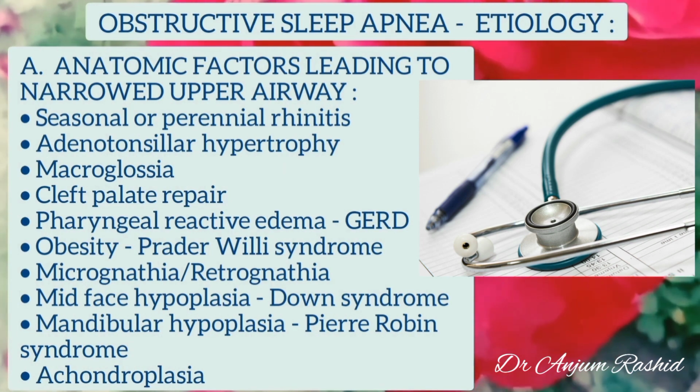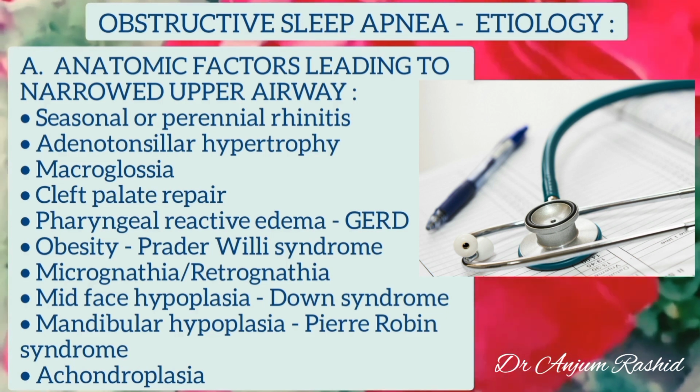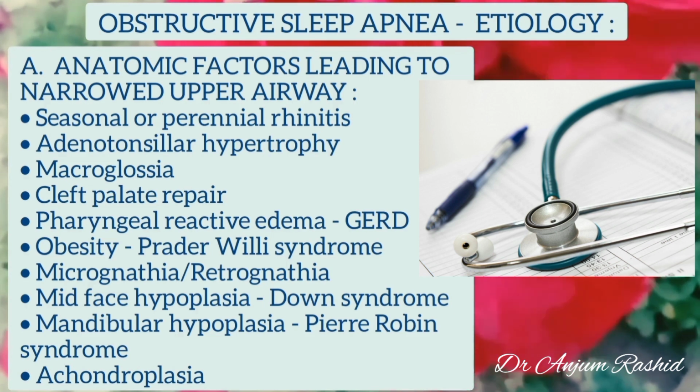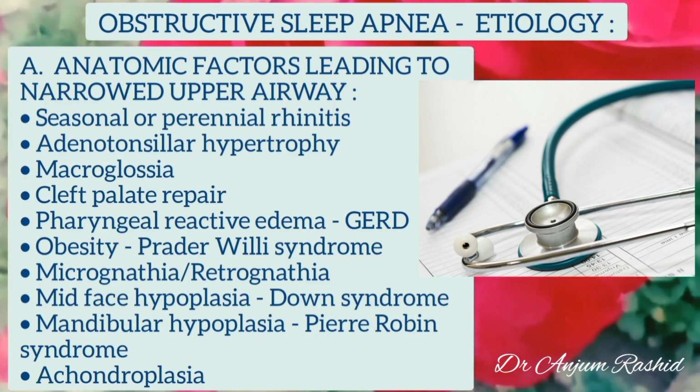First are the anatomic factors which can lead to a narrowed upper airway. These include seasonal or perennial rhinitis, adenotonsillar hypertrophy, macroglossia, cleft palate repair, pharyngeal reactive edema due to gastroesophageal reflux disease, obesity especially in the case of Prader-Willi syndrome, micrognathia, retrognathia, mid-face hypoplasia as in Down syndrome, mandibular hypoplasia as in